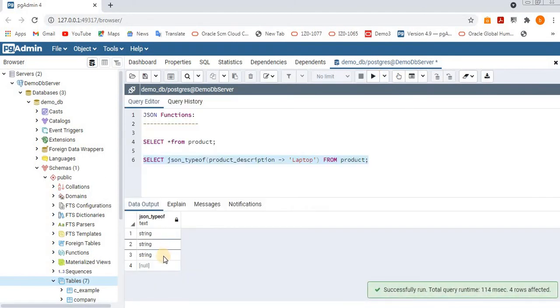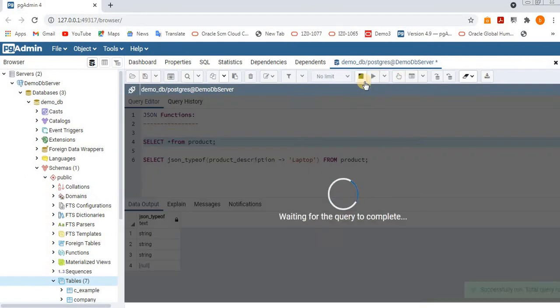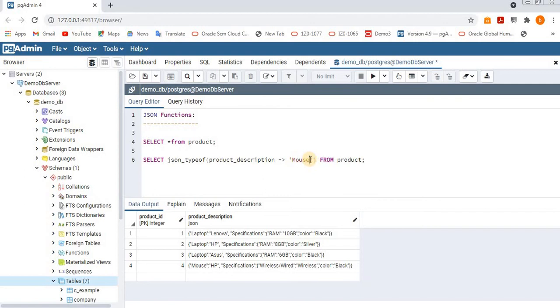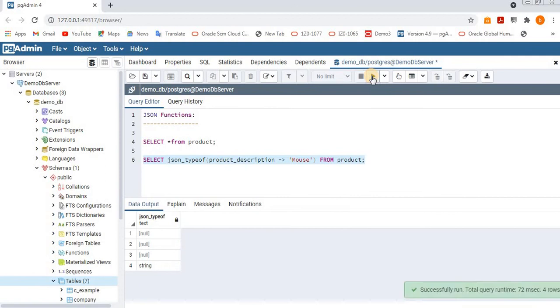Why did we get a null here? Let's see the data. You see here we have laptop and mouse. If the key matches it will show you the string, and the remaining will be null. This is the way of executing the JSON type of function. For whatever key is there, we get the type of data it holds.